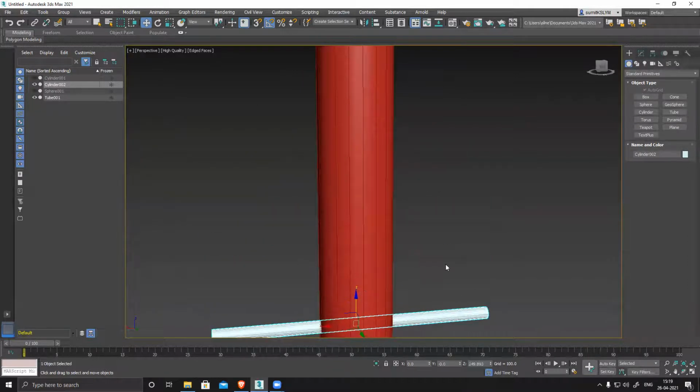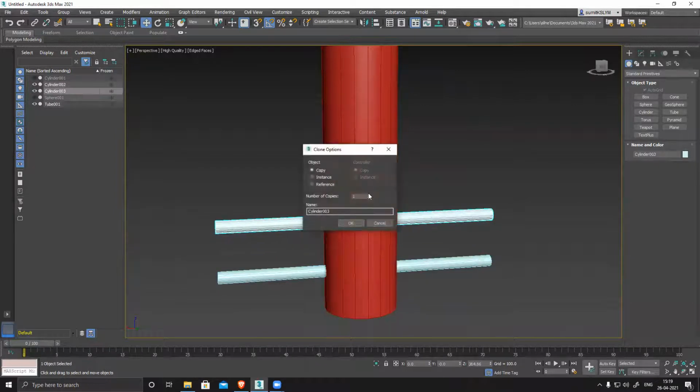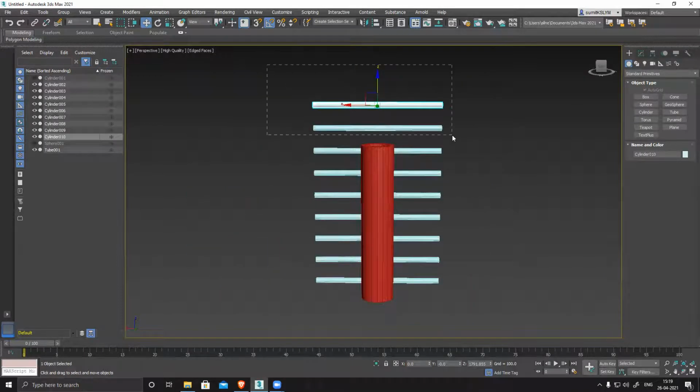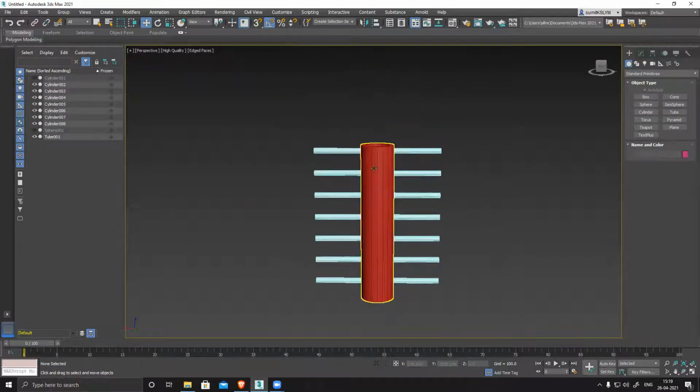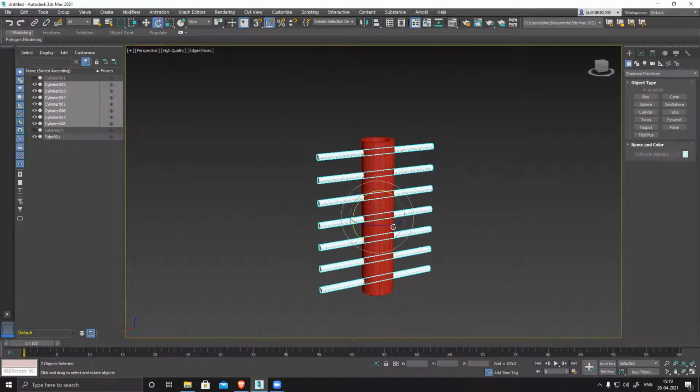Now let's move it down. Duplicate 7-8 times. Okay, 6 times is more than enough. So like this. Now I want to rotate and duplicate.